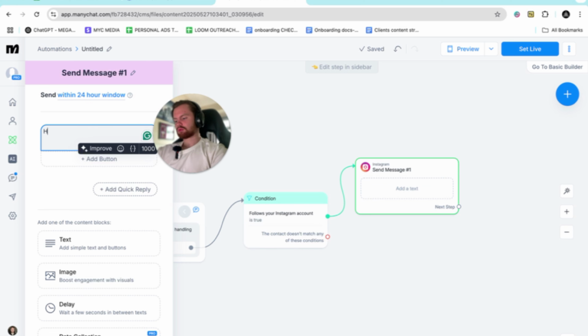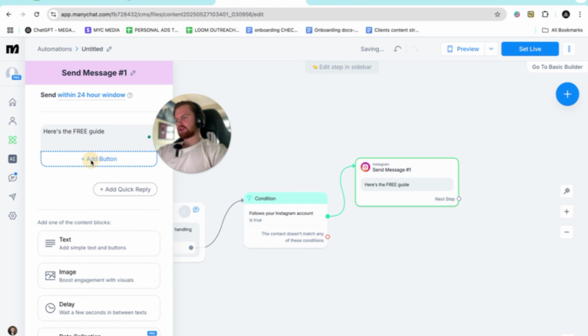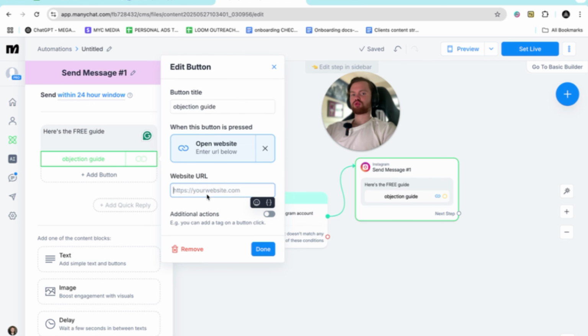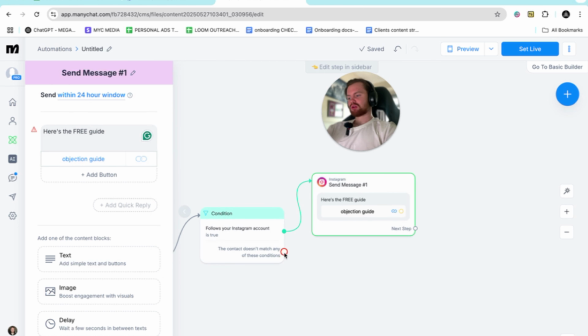So for example, here's the free guide, and then you're going to add a button and make sure it says objection guide. And then what you're going to do for this is open website and then put the website link. Let's just say as well, you want to send people to a landing page to grab their email, for example. You can put your landing page link here, or if it's just a guide, a doc, just put it in there and then press done. Next, we want to do if the contact doesn't match any of these conditions. So if they don't follow you,